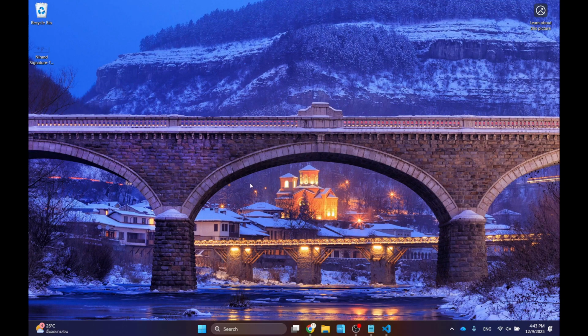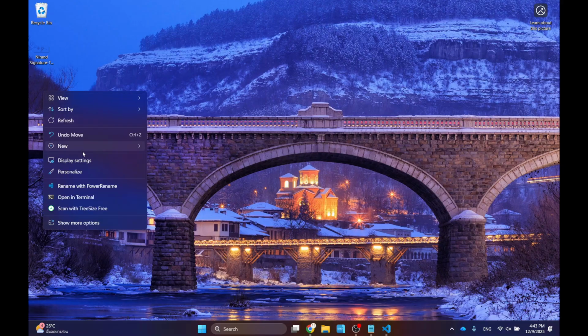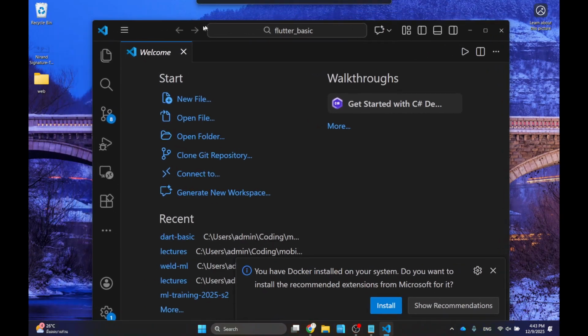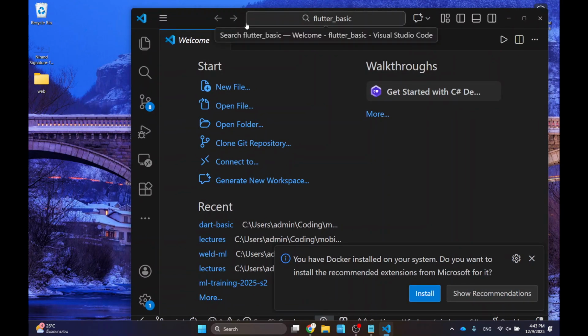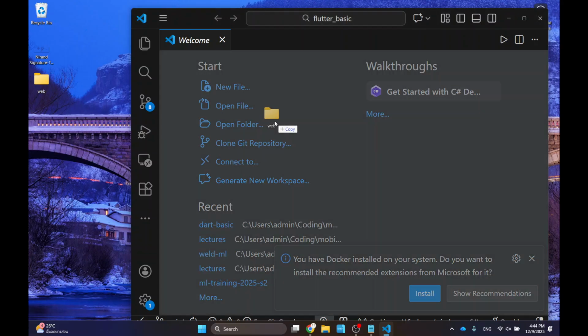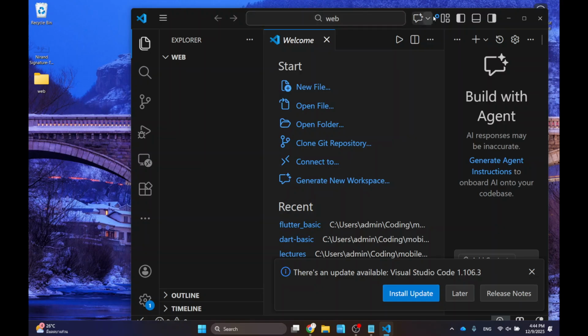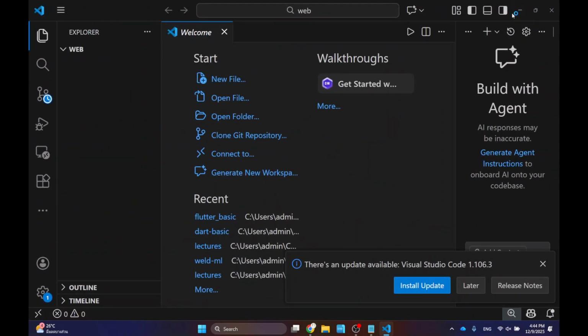Okay, where am I? So we are going to create a new folder. Let's do that here. And we'll just call it web or something. Just call it something random, okay? And what I'm going to do is open VS Code and put it next to your folder. And you can drag the folder in like this. If you drag it in and then let the mouse go, then it should set your workspace to